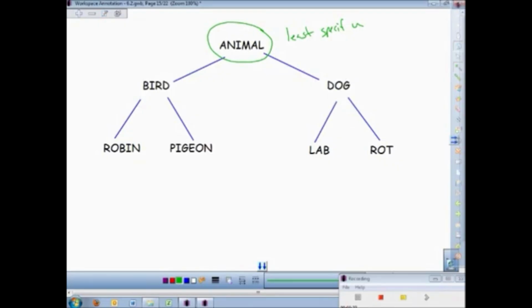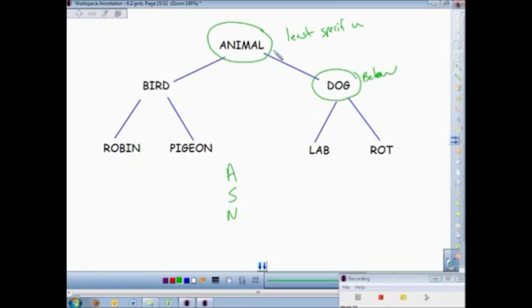But now let's play a little game called always, sometimes, or never. Tell me about a dog's relation to an animal. Will a dog always be an animal? Will it sometimes be an animal? Or will a dog never be an animal? Well, a dog is always an animal. And how can I tell that? Because dog is below animal in the hierarchy. When you're below what you're questioning it to be, we're questioning it to be an animal,